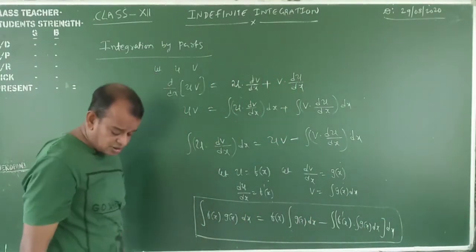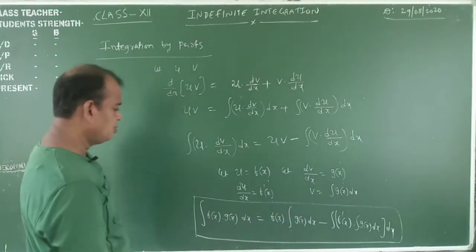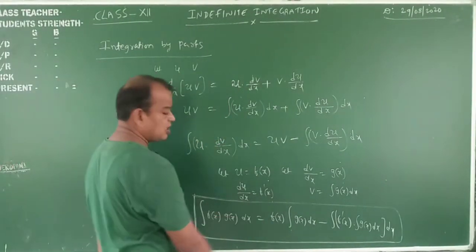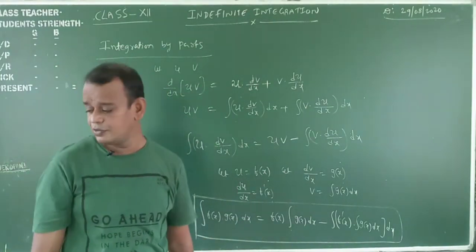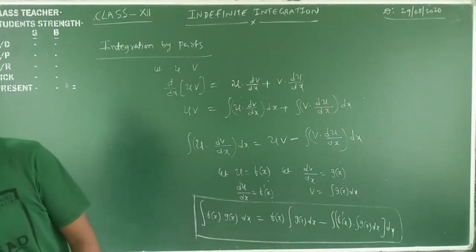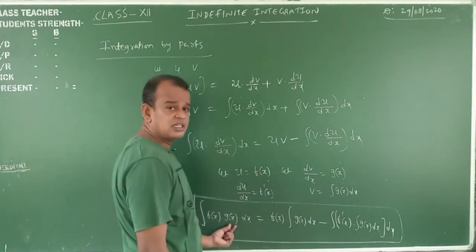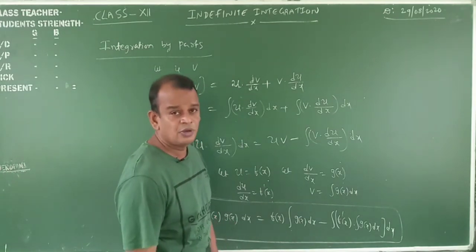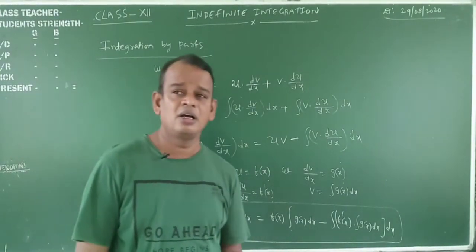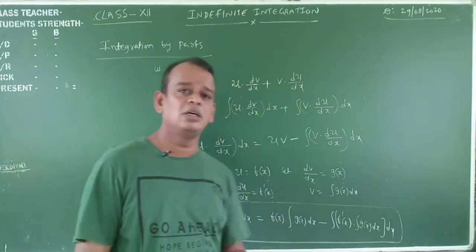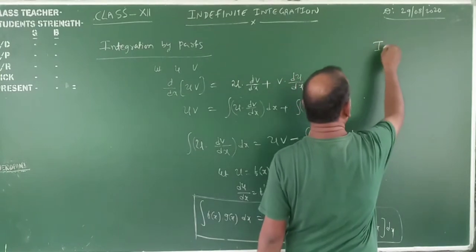Okay, my dear students, no problem. I hope that you understood the formula. Learn this formula by heart, remember it thoroughly. In this way you will get this one. Now, suppose so many functions are there: which one is the first function, which one is the second function? Don't confuse. You will take the functions f of x, g of x by the order of the letters of the word ISLATE, by the order of the letters of the word ISLATE.